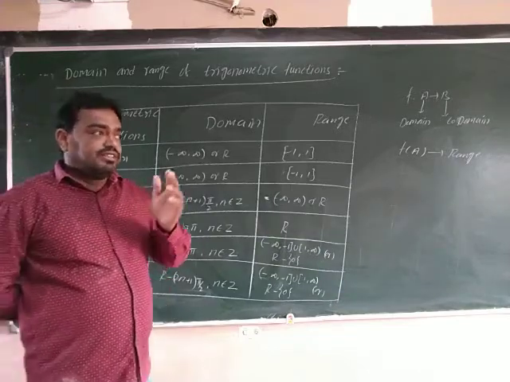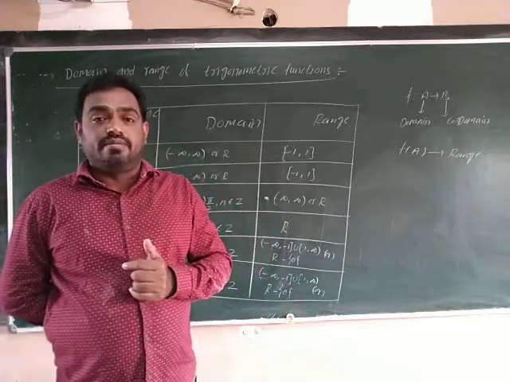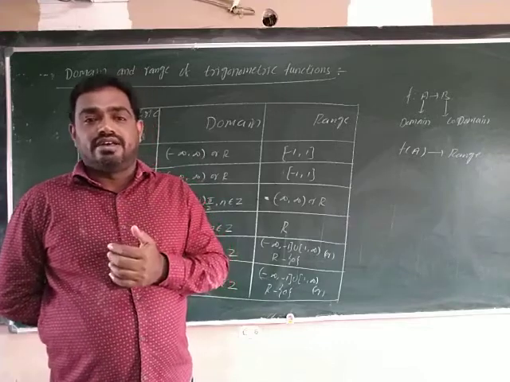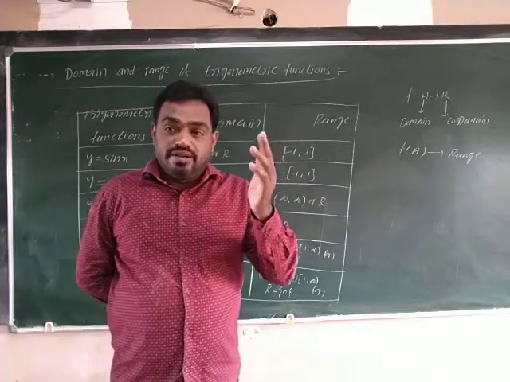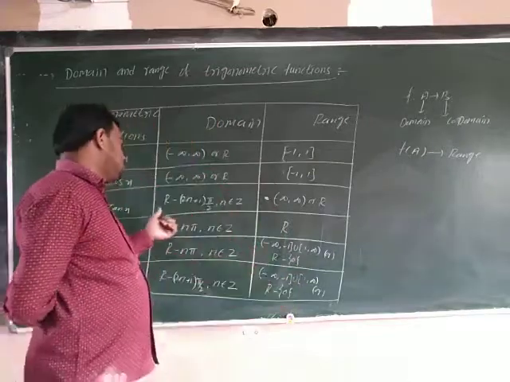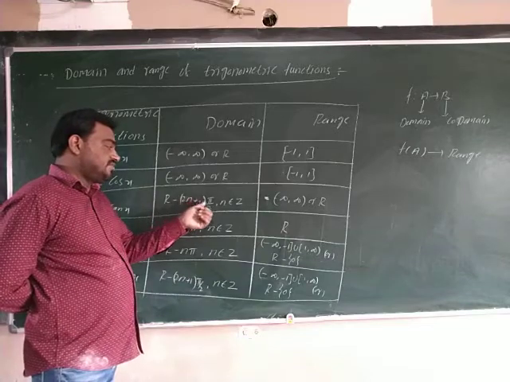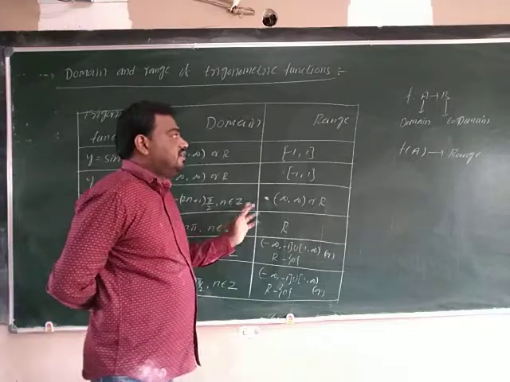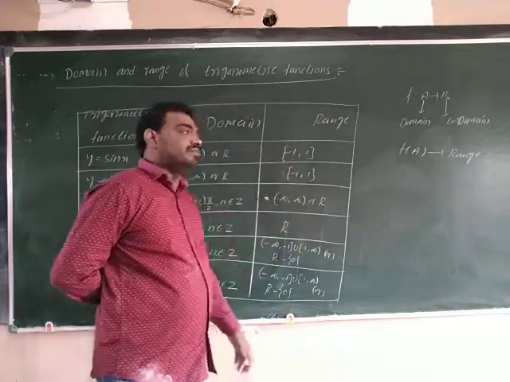Already we discussed the relation between radian measure and real numbers. What we concluded there is that the radian measure is equal to a real number only. So our angles are also real numbers only. So R minus (2n plus 1) pi by 2 is the domain of tan, where n belongs to Z. The range is minus infinity to plus infinity, that means all the real numbers.